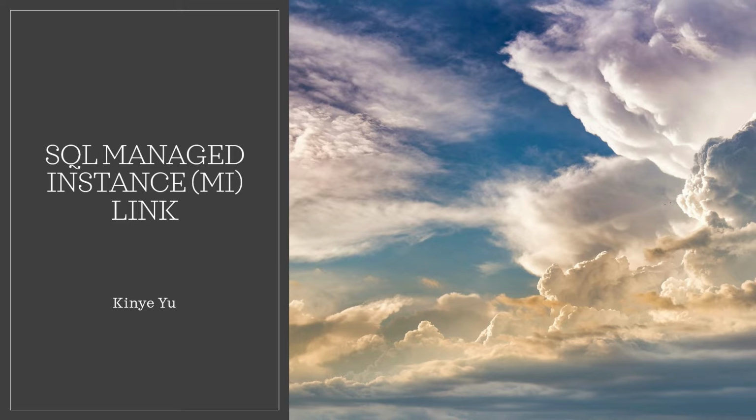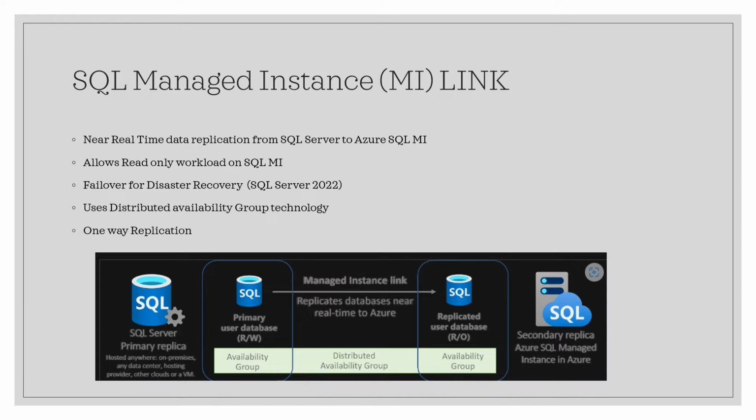In this short tutorial, I'll be going over how to configure and set up SQL MI Link. MI Link offers real-time replication from your on-prem SQL Server to Azure MI. It also allows for an additional read-only workload on the SQL MI side. In SQL Server 2022, we are able to do a failover for disaster recovery to SQL MI Link from your on-premise. It also uses distributed availability group technology, which we'll see later in my demo, and offers a one-way replication